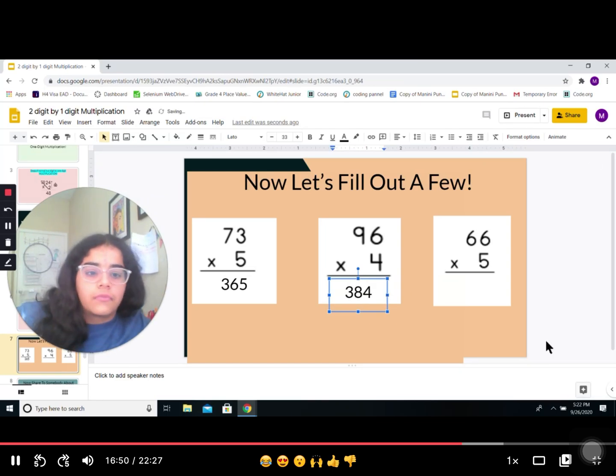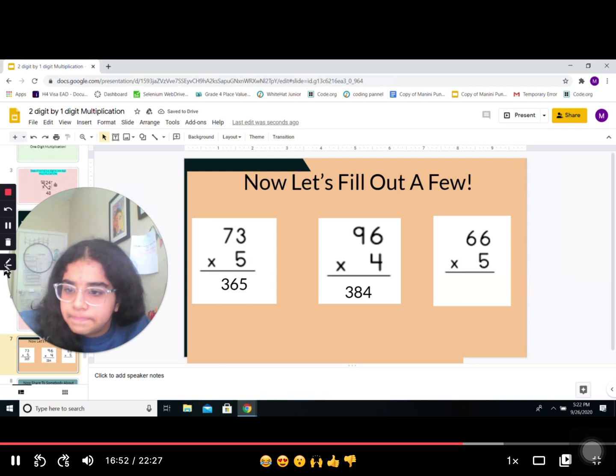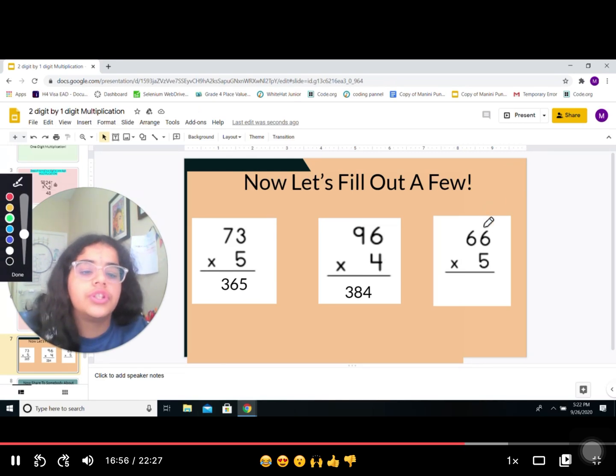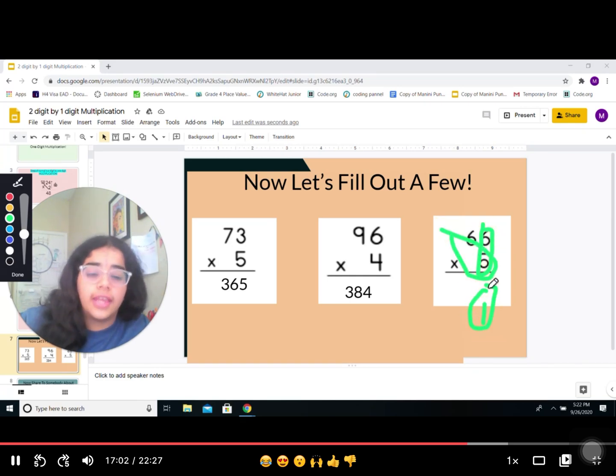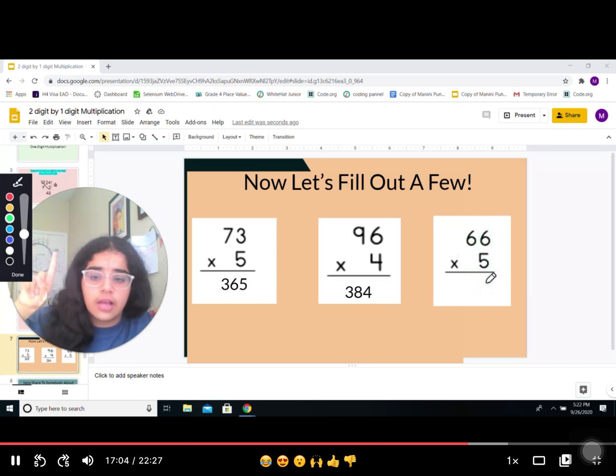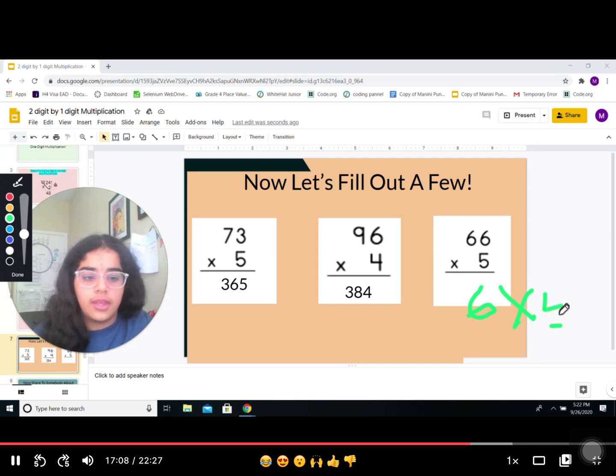384. So let's move on to our last part of it, which is multiplying this and then multiplying this, right? So what's step 1? Multiplying. What's step 1, guys? Say it out loud. Multiplying 6 times 5, which we know is